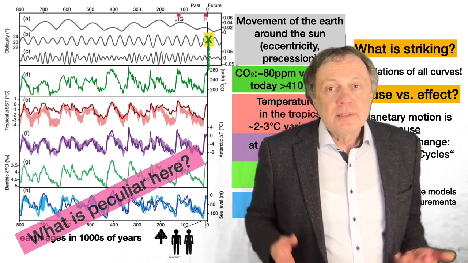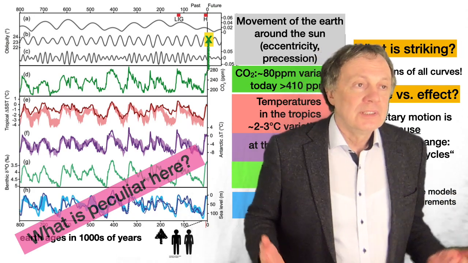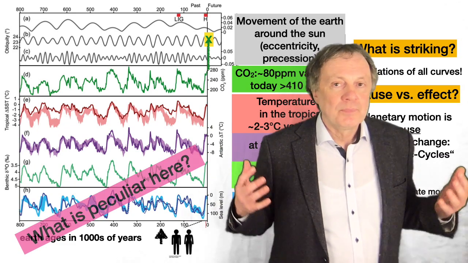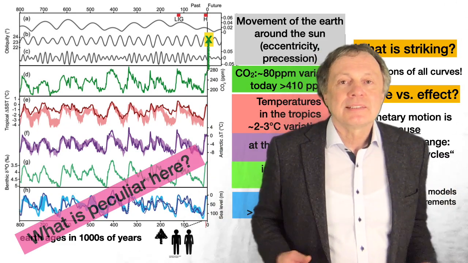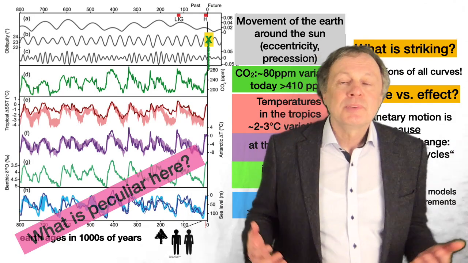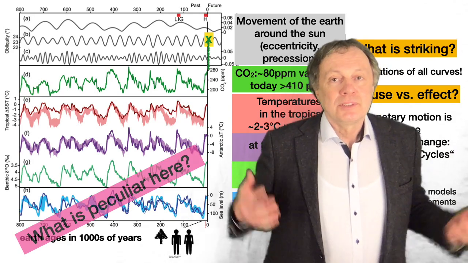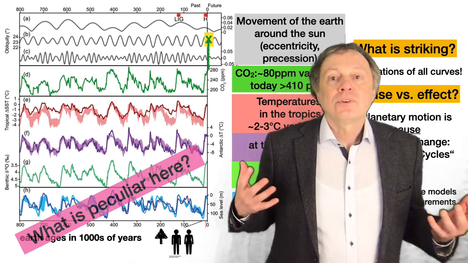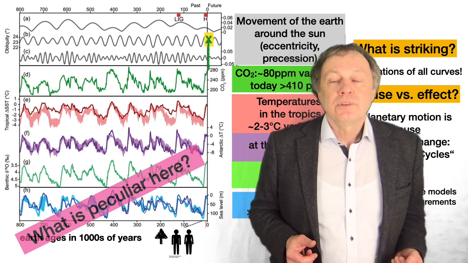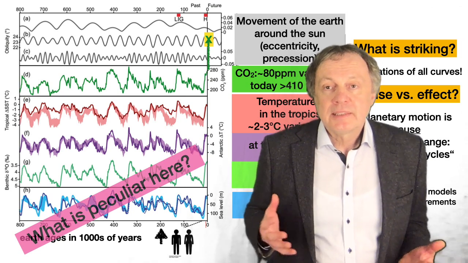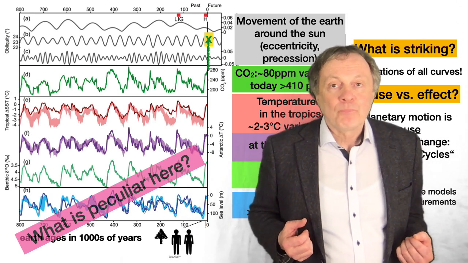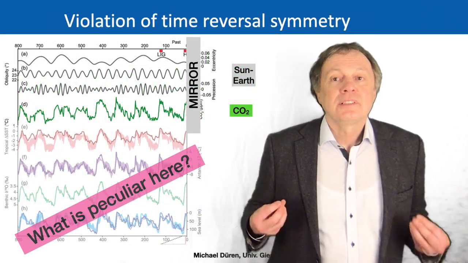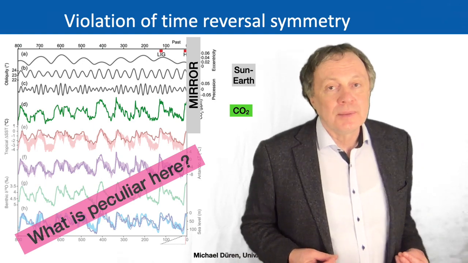So in particle physics, what you always look for is symmetries. All the basic laws have something to do with deeper symmetries which you can discover, and by discovering symmetries you learn something about the physics laws. So if you look at these curves here and you look for symmetry, what do you find? Well, you find something which is very astonishing, and this is what we call in physics time reversal symmetry is violated. What does it mean?